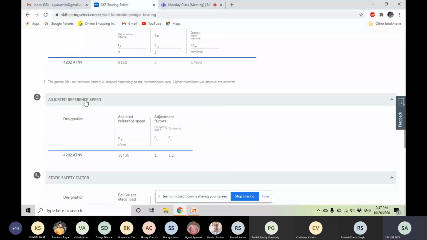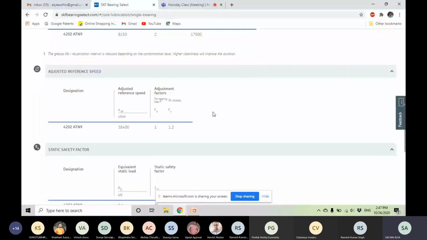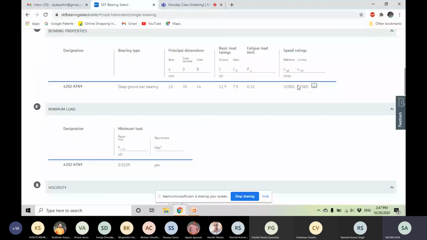Then coming to the adjusted reference speed. So as I told you, the reference speed is defined by the ISO standards. So those are defined on standard conditions. So if we change the condition, we have to consider the adjusted reference speed. So here it is 38,400, which is the adjusted reference speed, and this is our reference speed, which is 32,000.